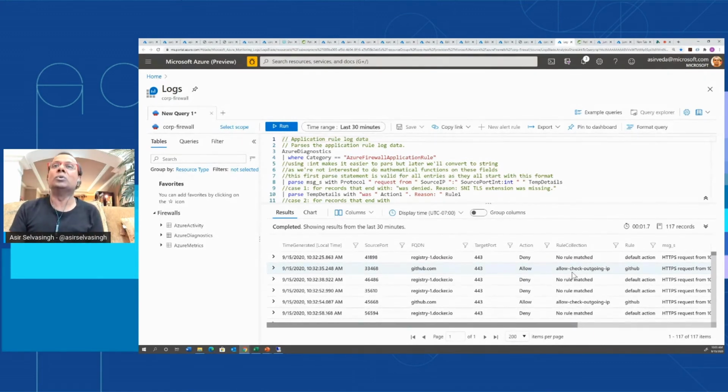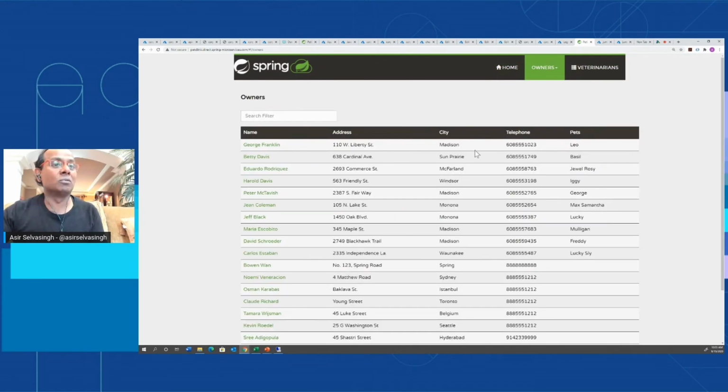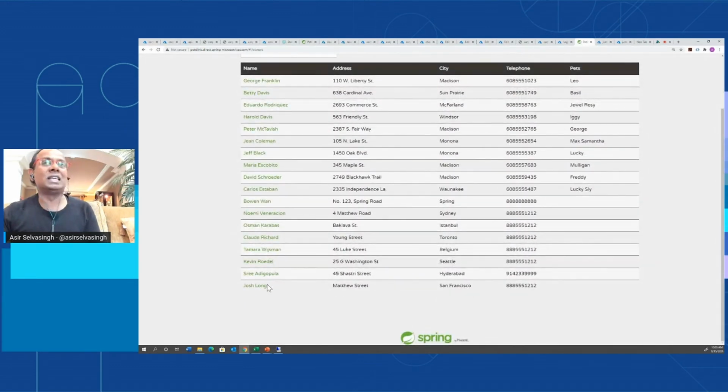Not necessarily you would do this in business. So that IP address is right here, which is Pet Clinic Direct. So the previous one I showed is the protected. This one is Pet Clinic Direct, where you can see it's up and running. Now, if I go into its owners, you're going to see Josh Long was added. So it's pointing to the same instance,